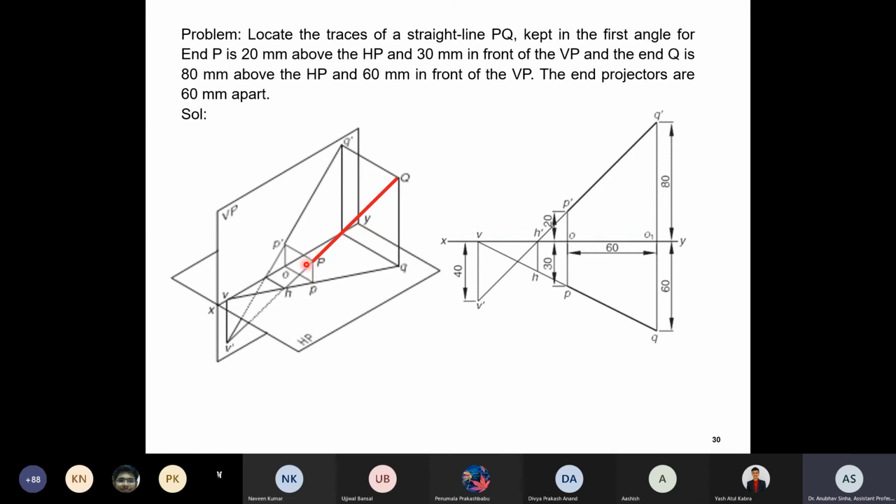If it is not meeting in the first quadrant, I will take it to the third quadrant or fourth quadrant, wherever it meets. And basically this is the given line. I will extend it to the point where it meets the vertical plane or horizontal plane, and those are the horizontal and vertical traces that we can show in this plot.